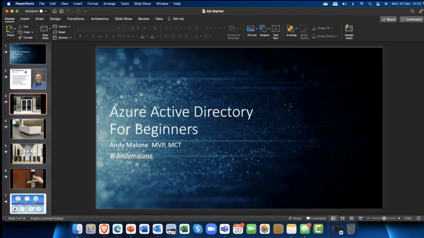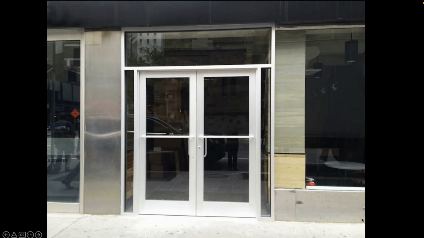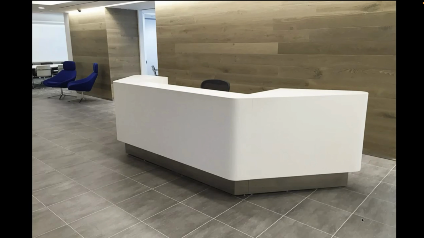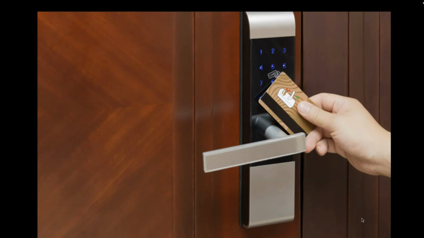All right, so here is a door, okay? And I need to identify myself before I get into the building. How do we do that? We go to the reception desk. We identify ourselves either to a receptionist or we go through one of these barriers like at Microsoft in Dublin, yes? Once you're authenticated, of course,